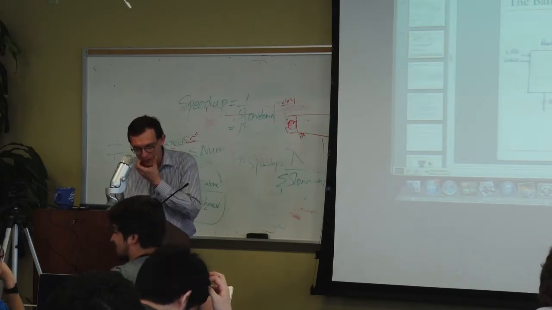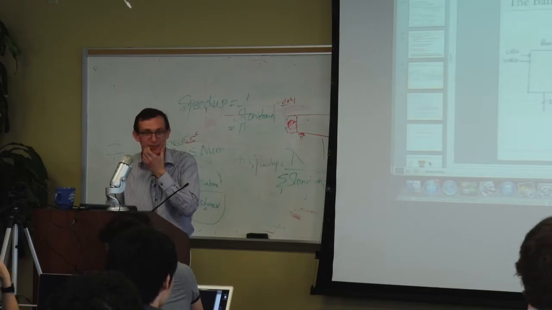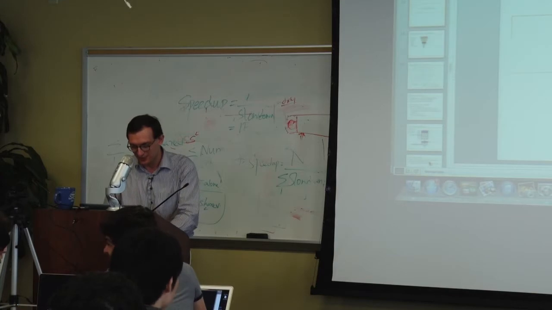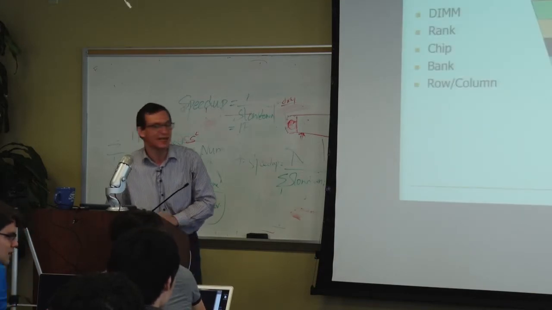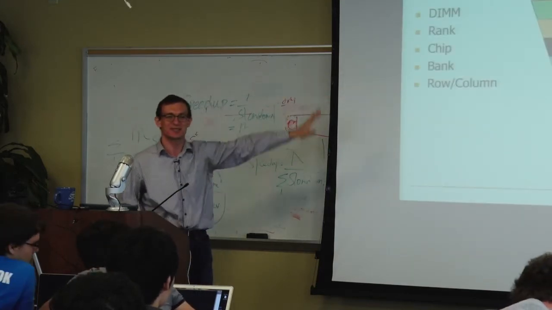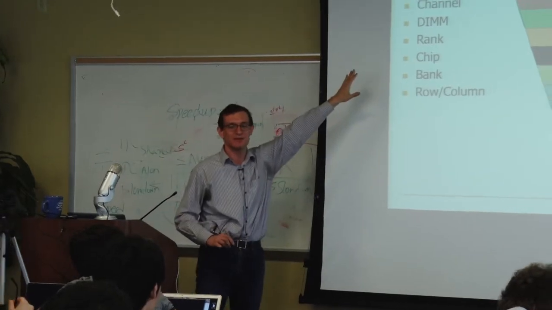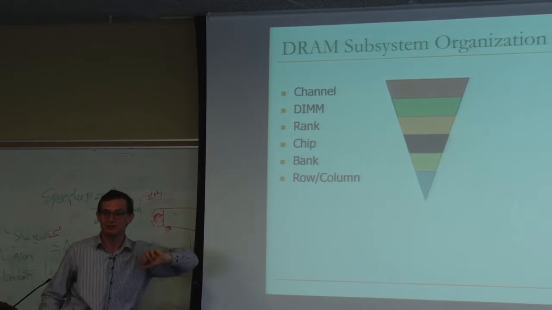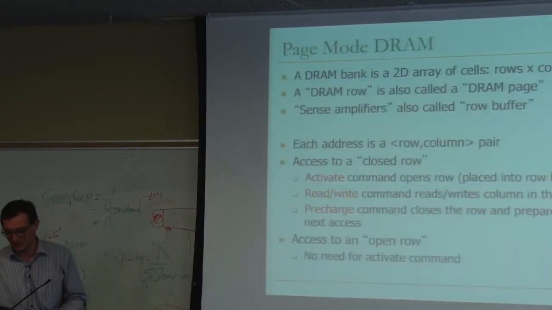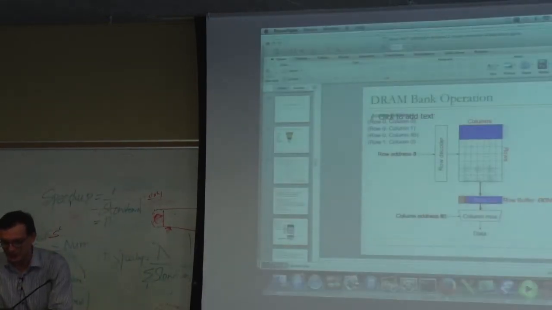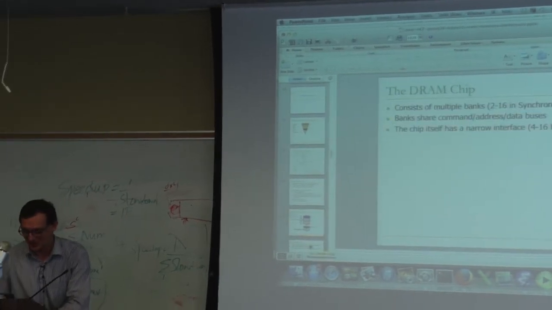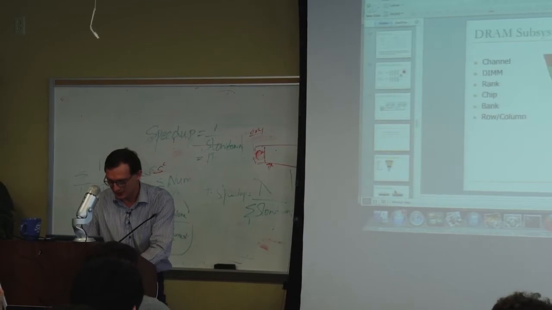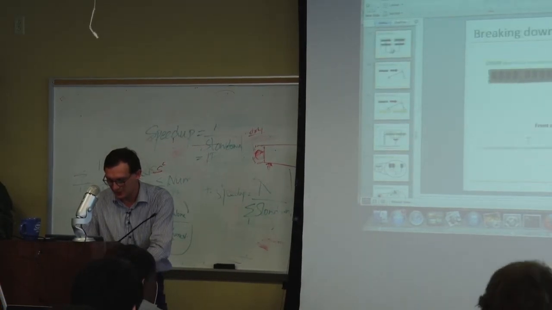Well, we've covered the bank quite a bit, right? The bank abstraction itself. Even this is an abstraction, so we're going to break that. But if you start from the subsystem level, DRAM is broken down into this kind of organization. At the top, you have the channel, and then you have the DIMM, rank, chip, bank, row, and column. We could do a top-down organization. Well, you know the bank operation, so I'm not going to go over the bank operation. Let's go over this top-down view, right?